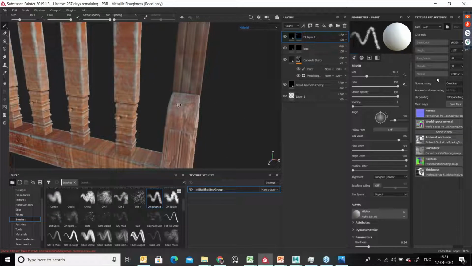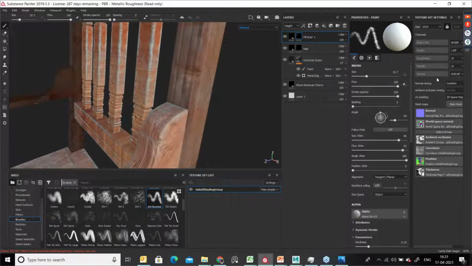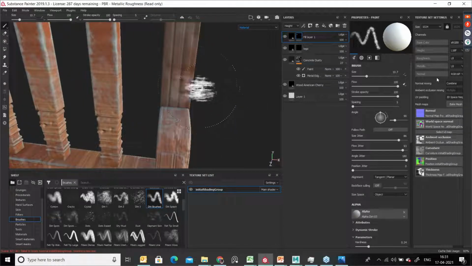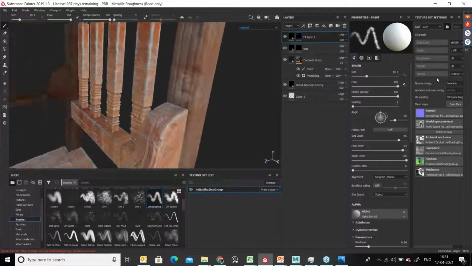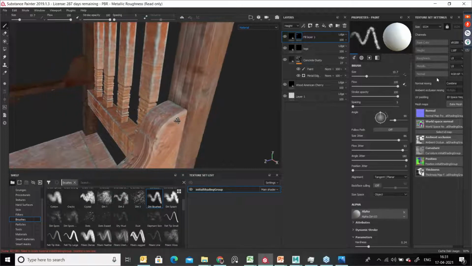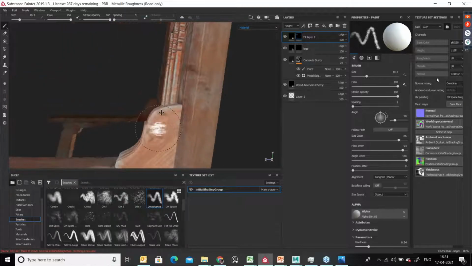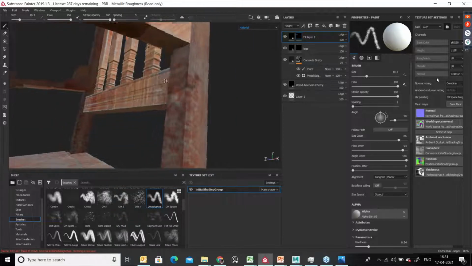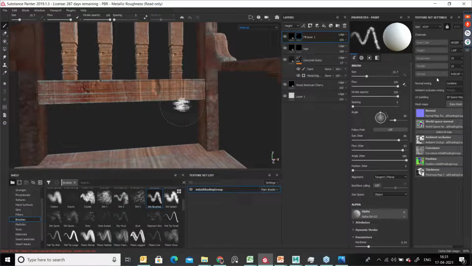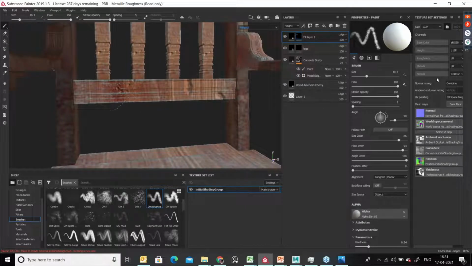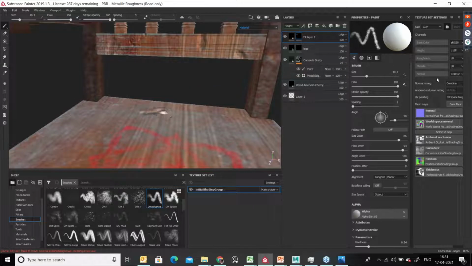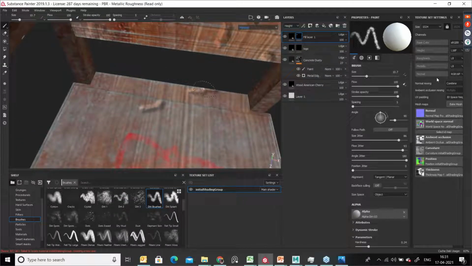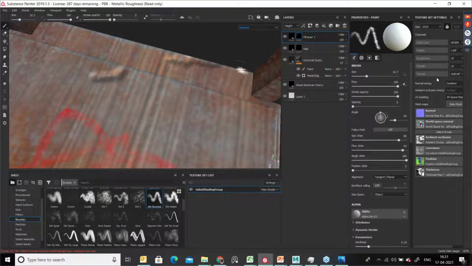In your file you can correct it, don't use this technique. Here I'm trying to assign this. Especially you have to focus on the corners of the chair.